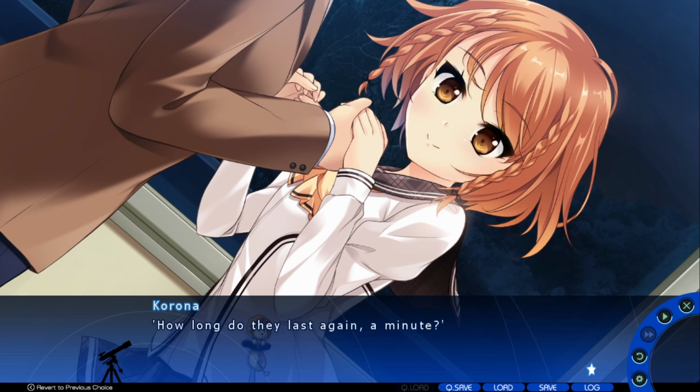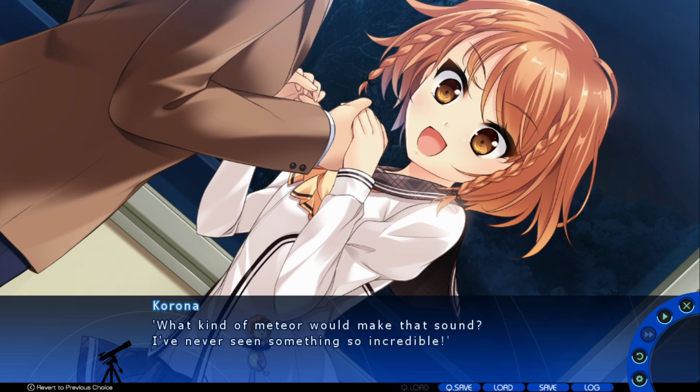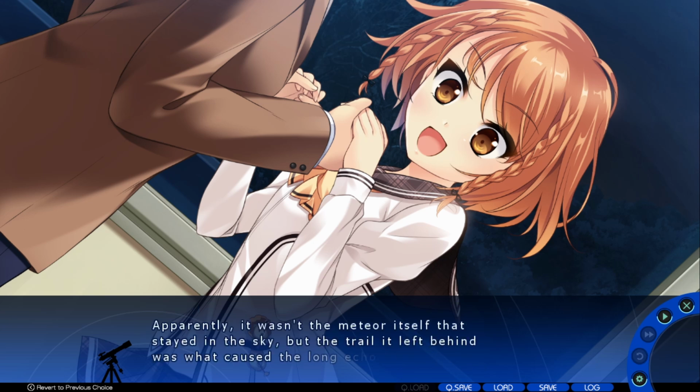Apparently it wasn't the meteor itself that stayed in the sky, but the trail it left behind was what